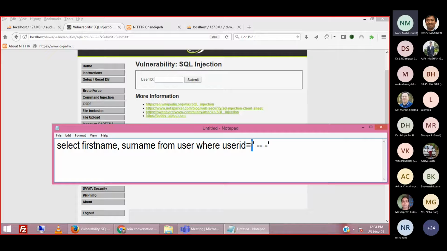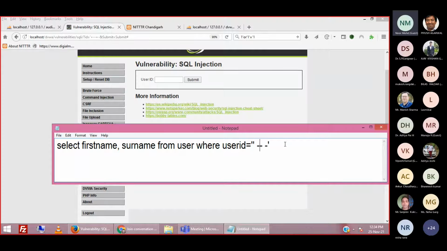This single quote was already there. This single quote was written by the hacker, and the actual single quote which was written by the developer, the last one, the end one, has been commented. So this double dash space single dash is used for commenting a particular part of a SQL query, right? We have commented it, and now this part will not be considered for execution.